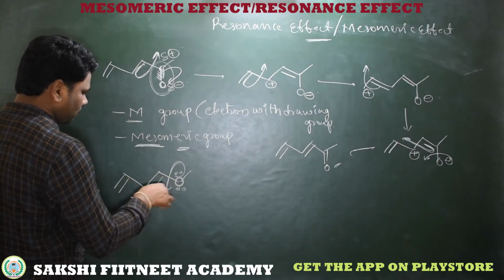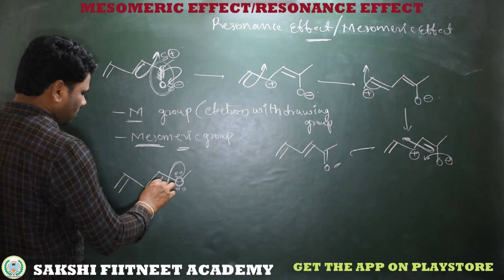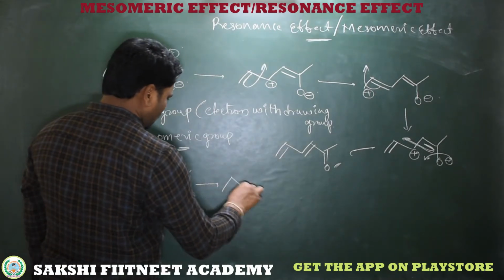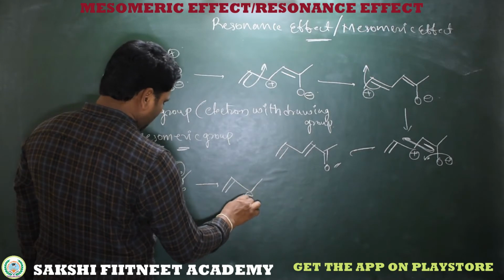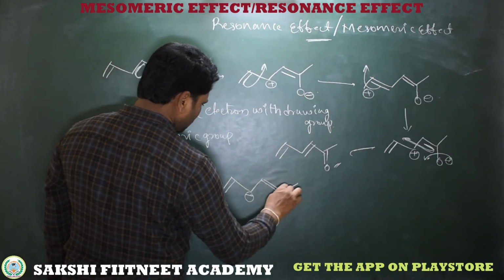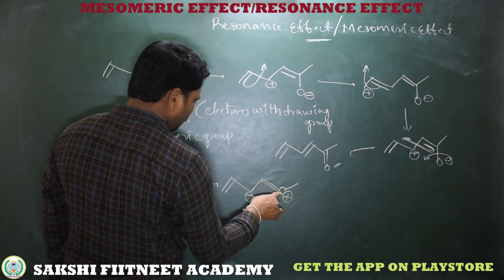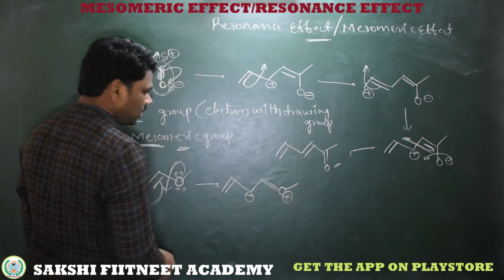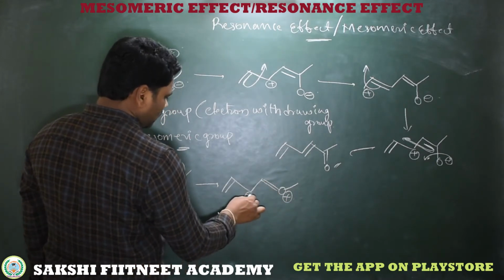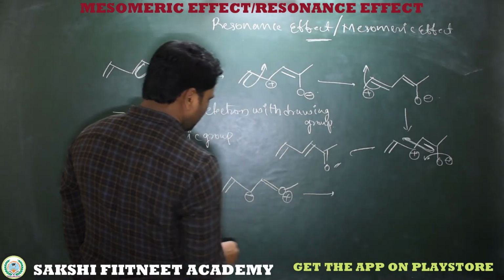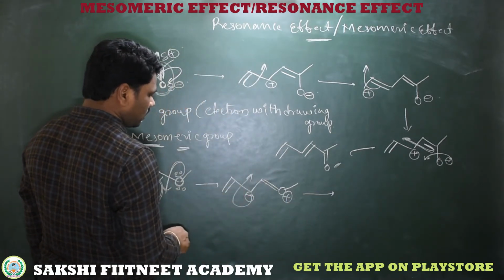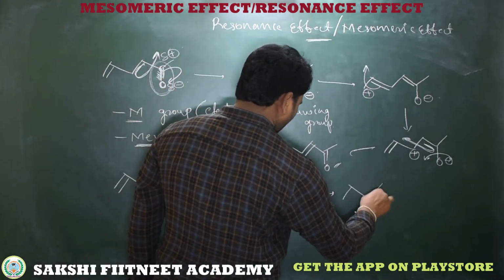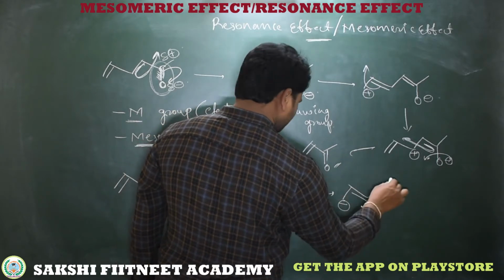Here these non-bond electrons are shifting towards a pi bond, and the pi bond electrons are shifted to this carbon. Now here we have a pi bond, here a negative charge, and oxygen gets a positive charge because of involving this lone pair. The electron is shifted towards here, so that oxygen gets a positive charge and here we get a negative charge. Now what about the next step? These non-bond electrons are converting into a pi bond, and these pi electrons are shifted to carbon as non-bonded electrons, giving a negative charge.